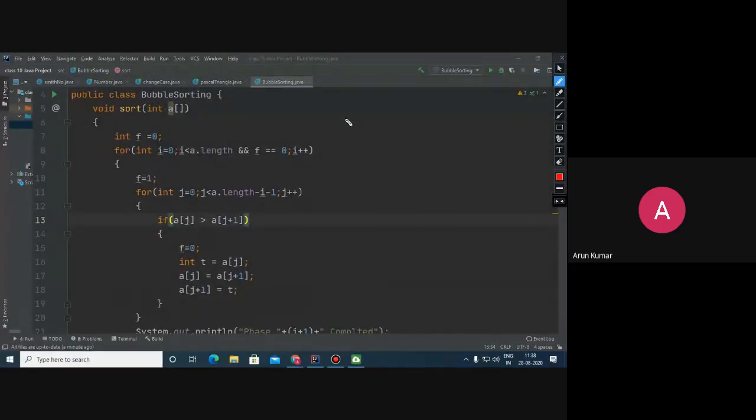Children, suppose these are the elements, and the array is not sorted. And here f is 0. When this loop is started, we make f1. Now, within this loop body, the adjacent elements will be compared.